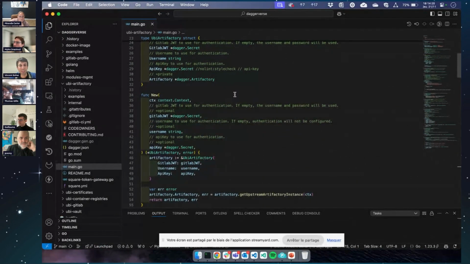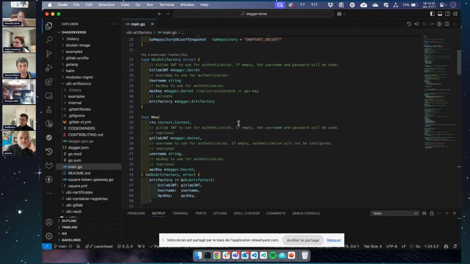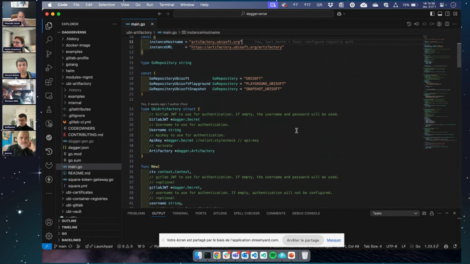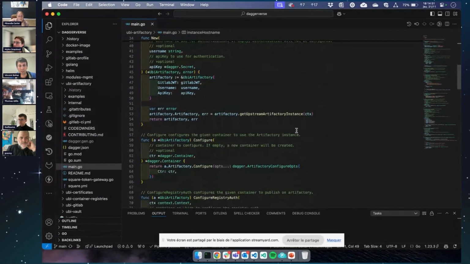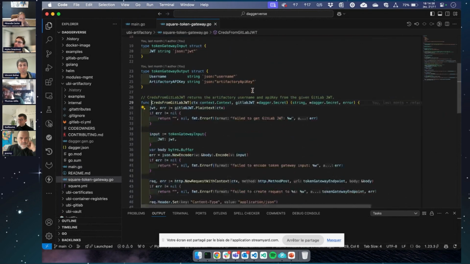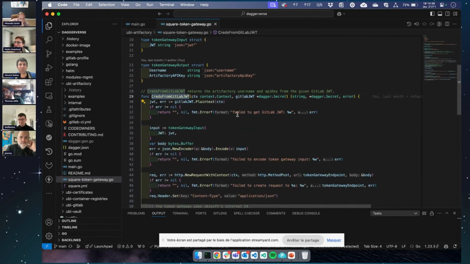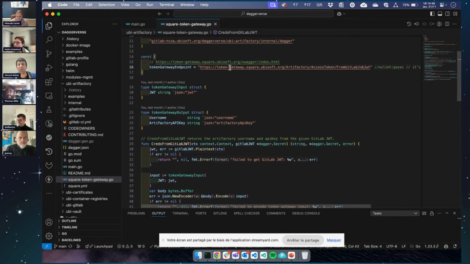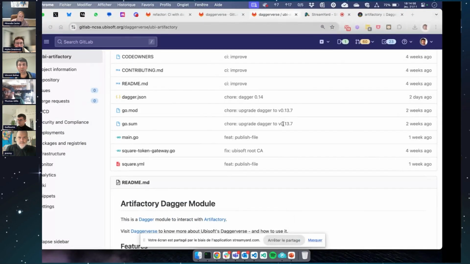So it's a Go module, and we have hard coded the host name and everything to make it easier for people to use. And when I'm going to configure, the interesting part we added is a way to retrieve the Artifactory credential from the GitLab JWT token. And to do that, we are using an internal endpoint that can do the translation. So that's where it's interesting for us